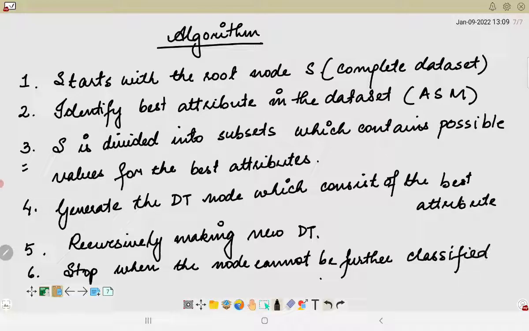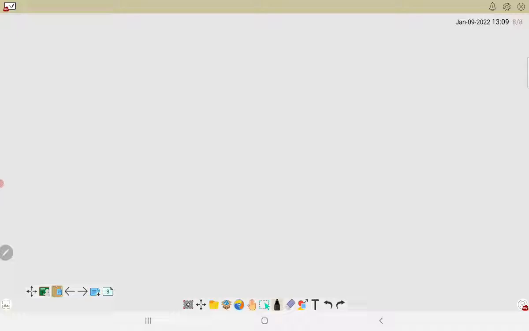So these steps are very important, and we will look into a real-time example in which we will see how this decision tree works. So let us consider a situation where a candidate has got a job and he wants to decide whether he should accept the job or not. So the leaf node, or let us write it down as the outcome, would be either accept the offer or reject the offer.